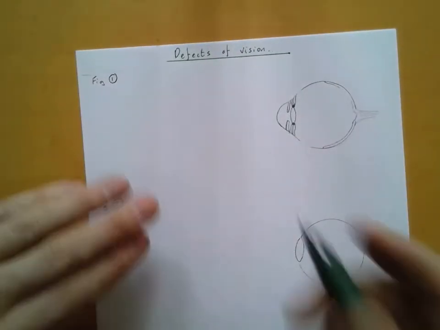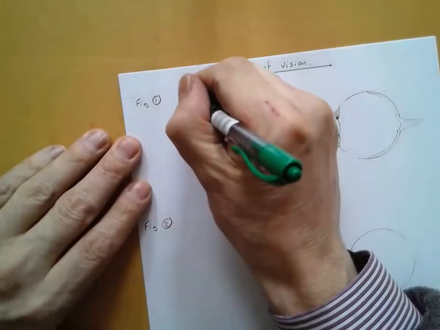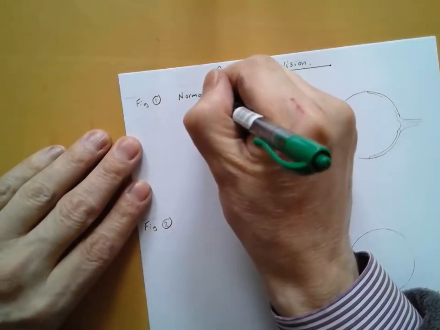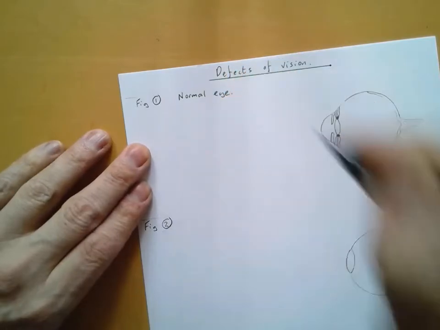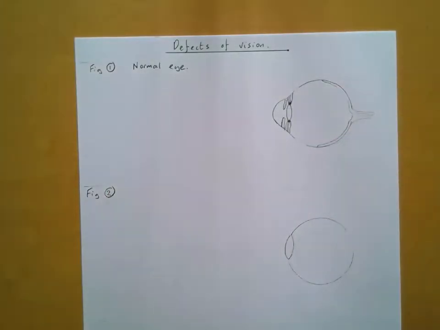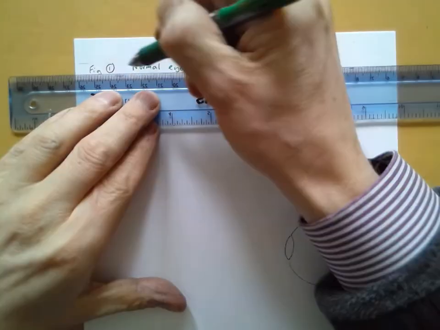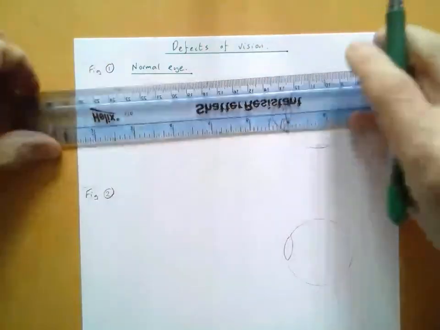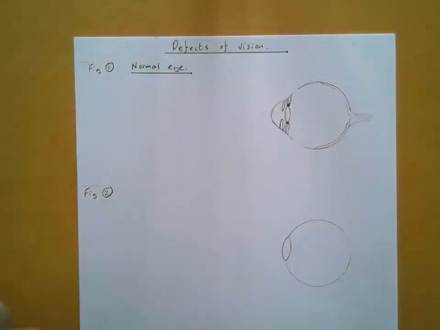Okay, so in figure 1, we're just going to look at the normal eye. Now, by normal, what we mean is an eye that can focus on objects that are nearby and objects that are far away and objects in between without the need for lenses, either spectacle lenses or contact lenses or any other kind of correction. Okay? Now, of course, there is no normal, and in fact, I think the term is politically incorrect these days, but with that. So, in a normal eye,